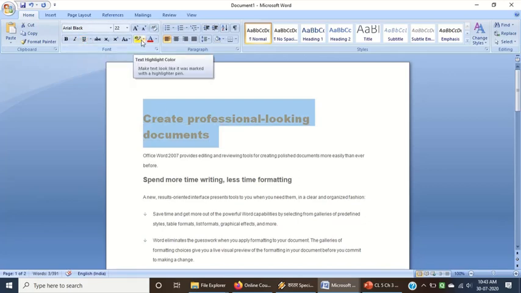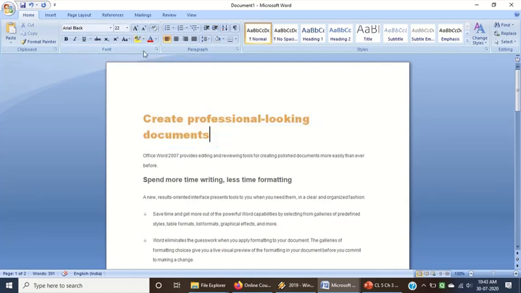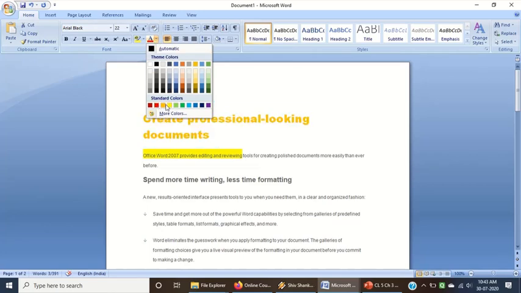Now this is the text highlight color. You can highlight the text. Say you have selected this and you want to highlight this with the color chosen. Say this is the text highlighting. Then this is the text color that you want to choose. Press the escape key to come out of the effect. Now let me select the text. Now I can choose the font color. You can choose from here the color you need.